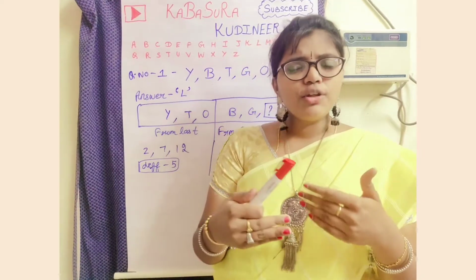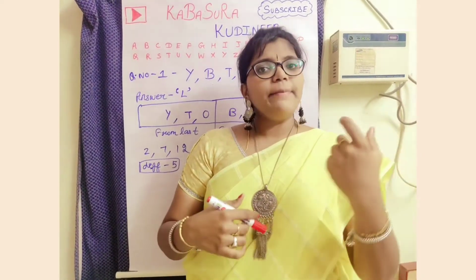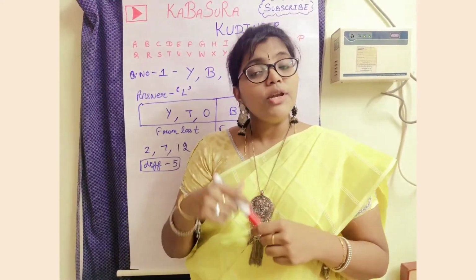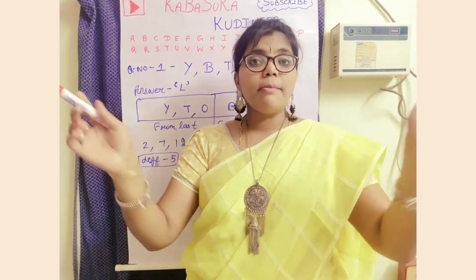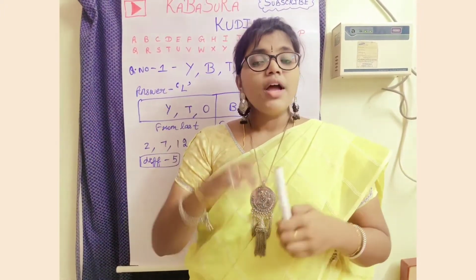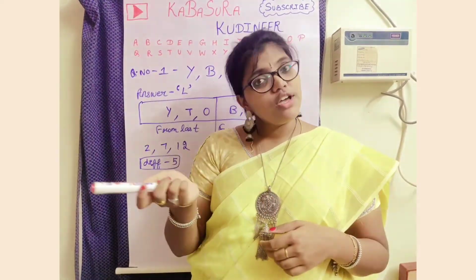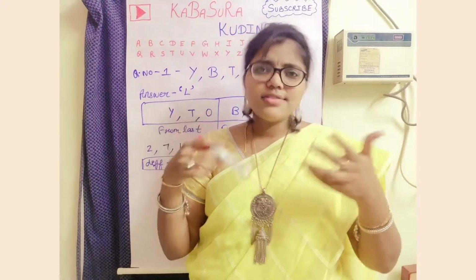But before getting into the problems, we should be clear about this alphabetical series. For example, A, B, C, D, E, F, G, H, I, J, K, L, M, N, O, P, Q, R, S, T, U, V, W, X, Y, Z. This is quite easy. But you should also remember it in the reverse order: Z, Y, X, W, V, U, T, S, R, Q, P, O, N, M, L, K, J, I, H, G, F, E, D, C, B, A. I know that's quite tough to hear, but with practice it will become easy.